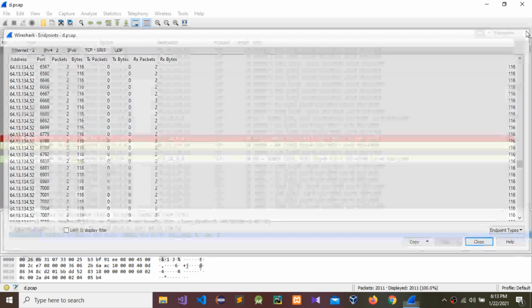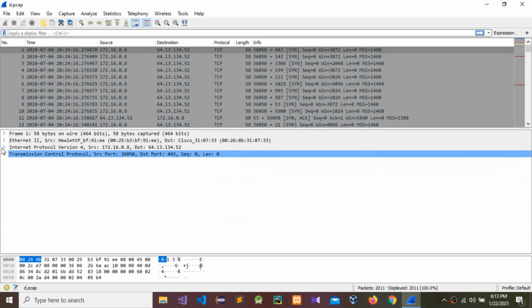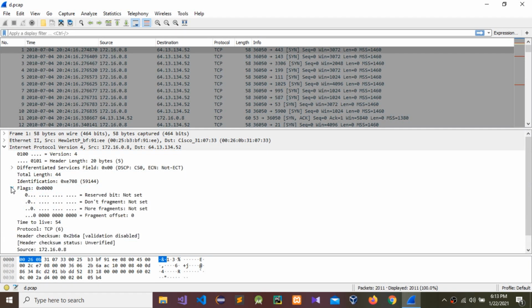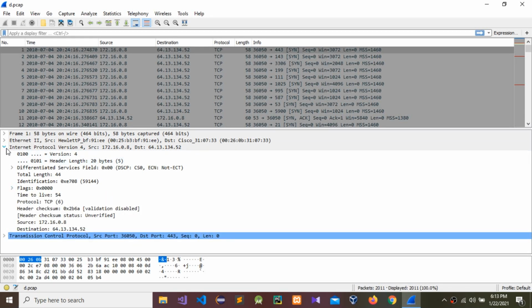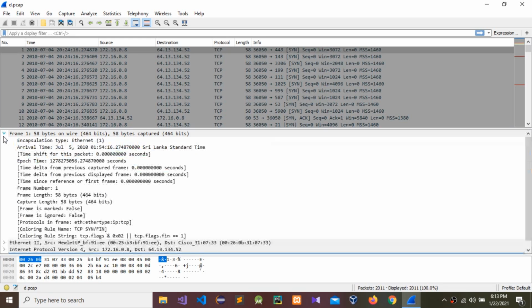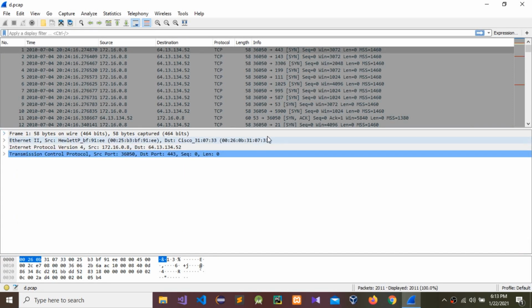So close it and go to Internet Protocol version, go to flags. Okay, in here again there is no evidence. Go to frame. Let's see, there is no evidence.